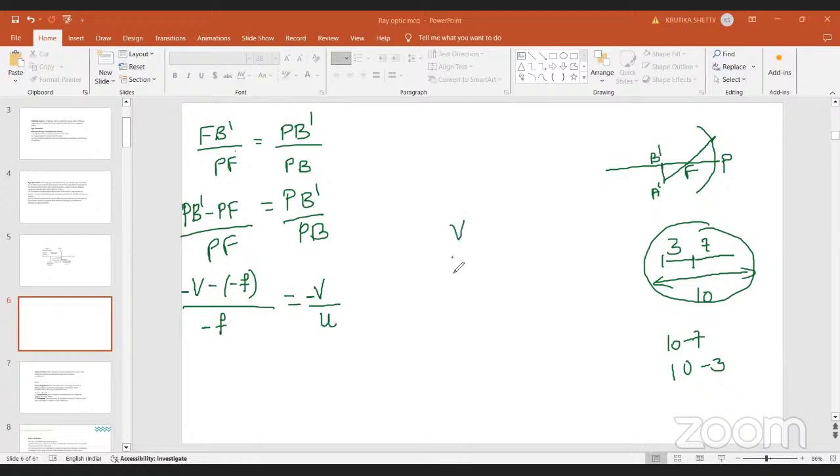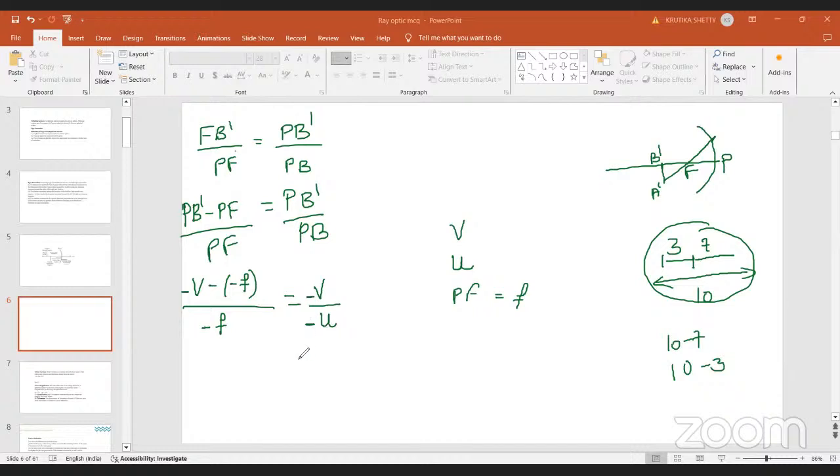PB is the object distance which is taken as U. PF is the focal length. PF is the focal length which is F. So substitute all these. Since all are left side measurements, all will be minus. All will be minus. Yes. See, if any doubt is there, here also minus. Object